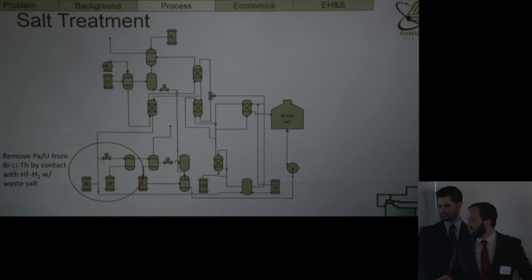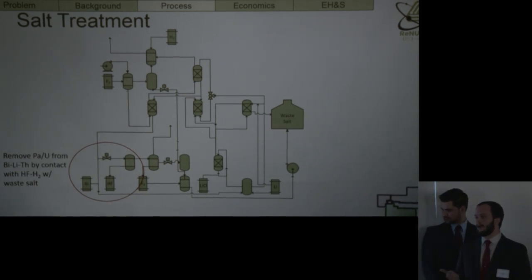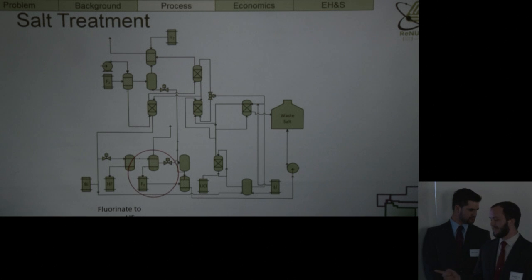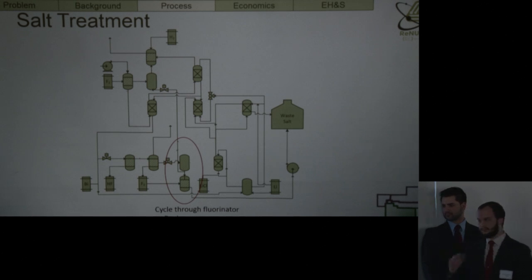Once we've done that, we convince them to leave that bismuth stream in the presence of a waste salt that will eventually be vitrified and disposed of. We do that by countercurrent extraction with hydrogen fluoride and hydrogen. Once we've extracted the uranium and protactinium, we're able to fluorinate again to remove still more uranium hexafluoride. Once we remove that and move it to the holding tank I mentioned before, we start a loop where we